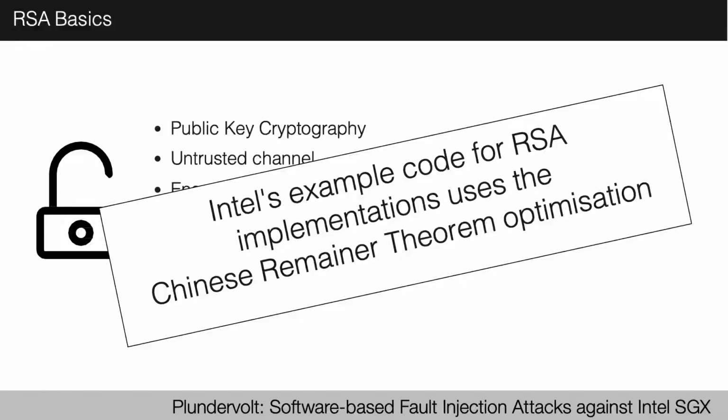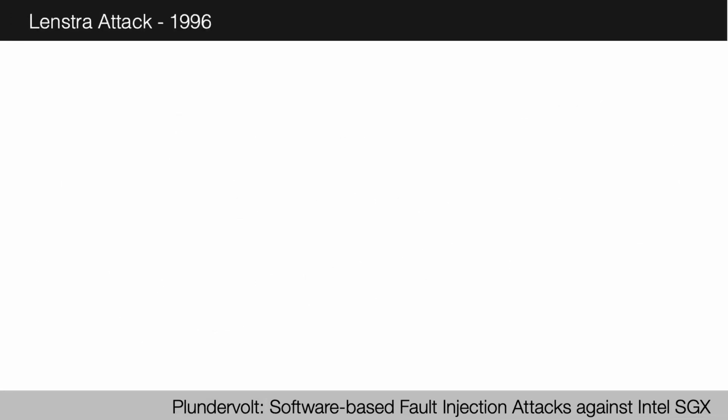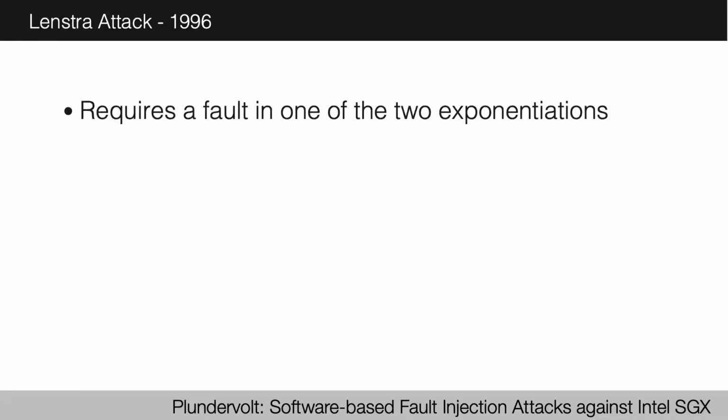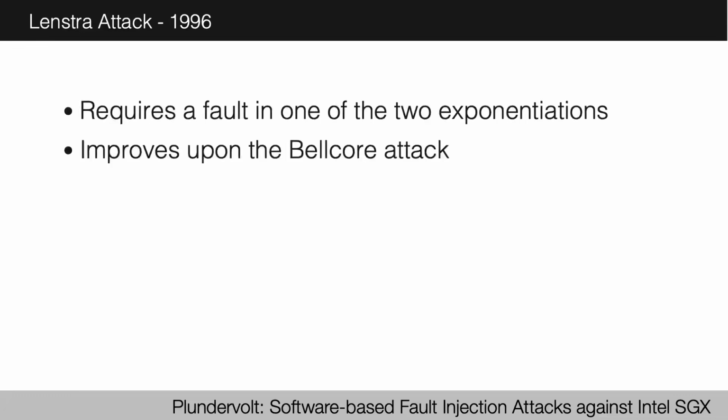Now the interesting thing about the code that we used is that it was Intel's example code for RSA, and that implementation uses the Chinese remainder theorem optimization. And this is attackable using the Lenstra attack. And I think it's really interesting to note here that this is an attack from 1996, and it's being leveraged on a modern computer using a trusted execution environment that is basically cutting edge. The Lenstra attack requires a single fault in one of the two exponentiations, and it improves upon the Bellcore attack